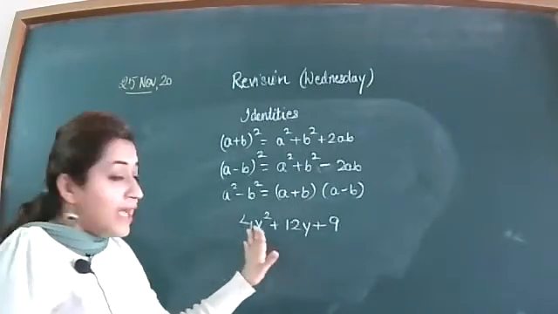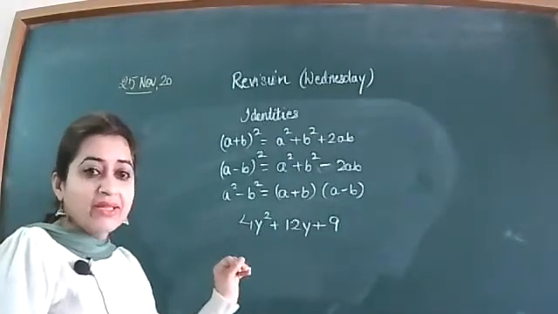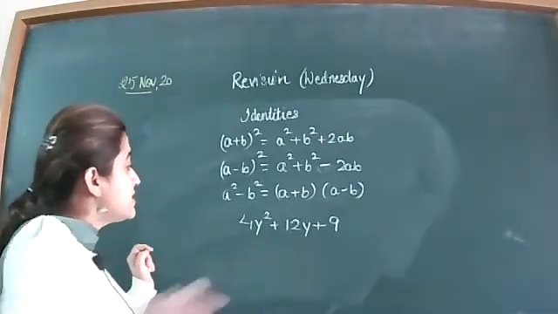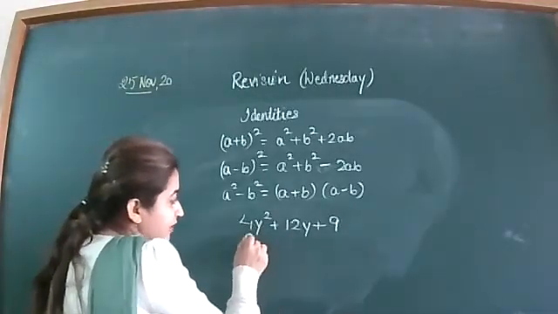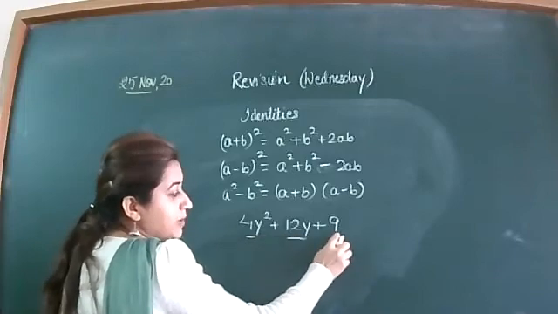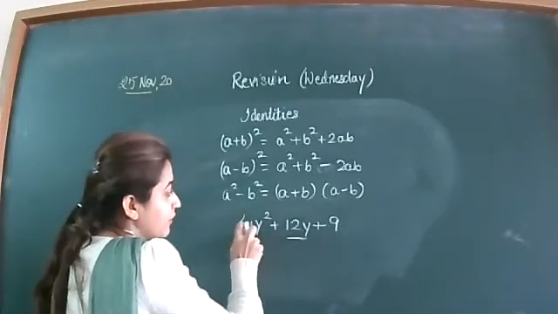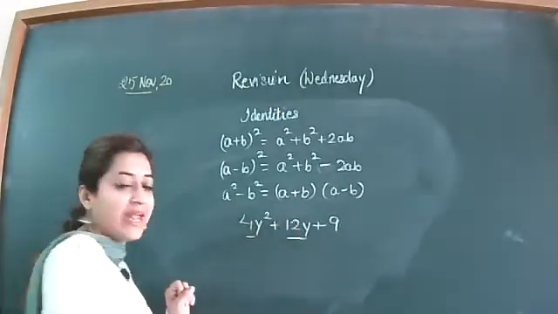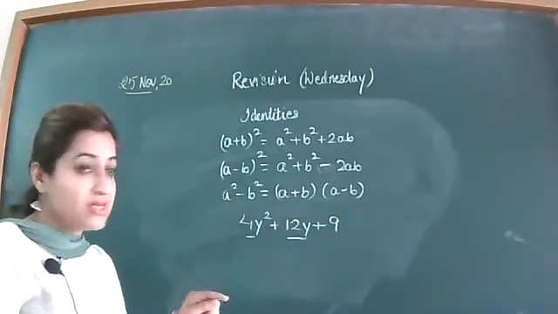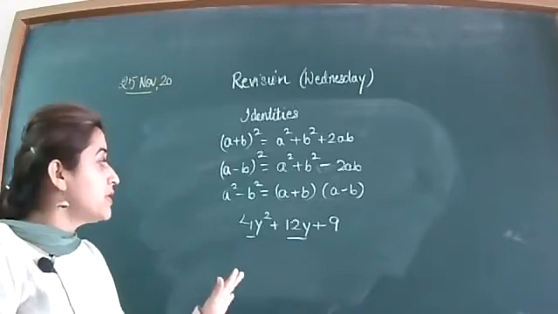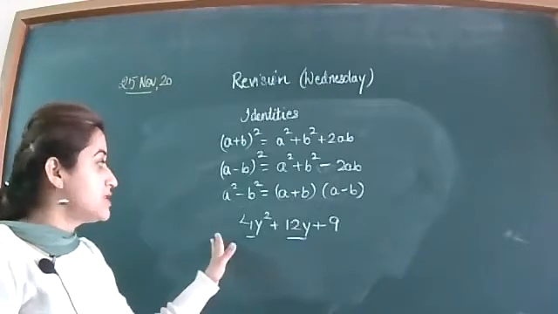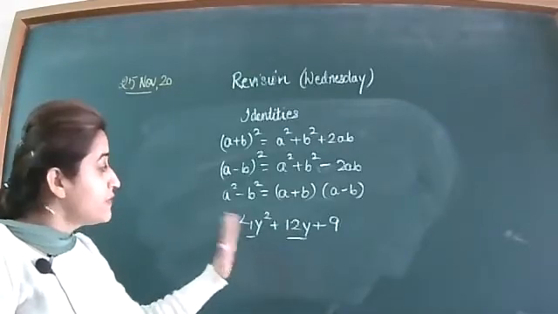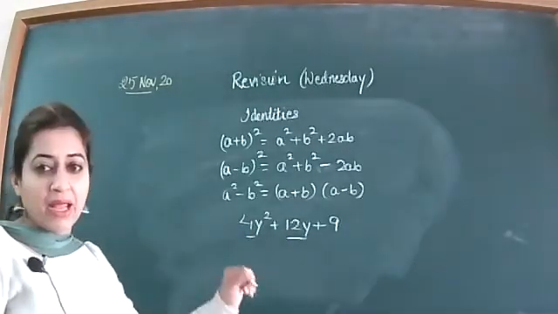Now, if you want to try the method that we used in the first exercise, as you can see, y square is there, y is there, but y is not there in the third term. 4, 12 and 9, these three numbers don't have any greatest common divisor. So that means this question is not from your first exercise. You can't take anything common from these. So if nothing is common, you will apply the identity.